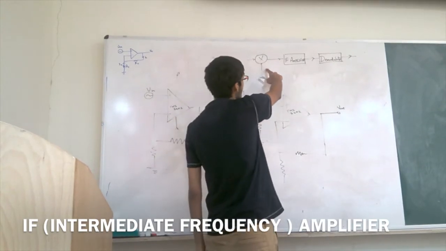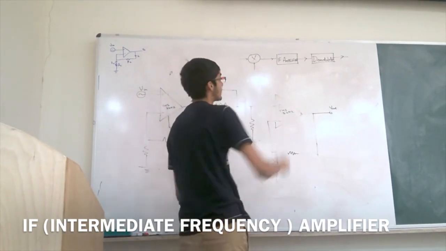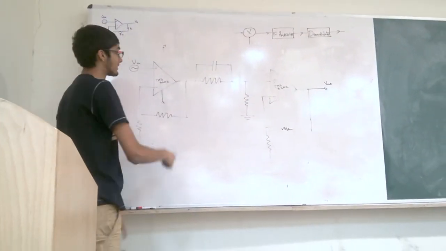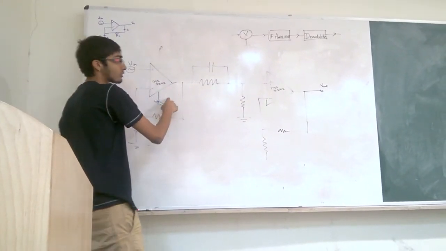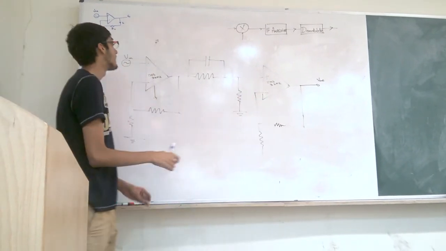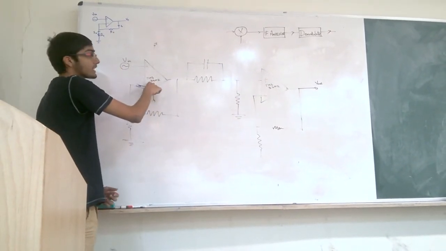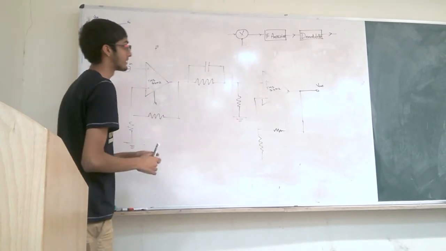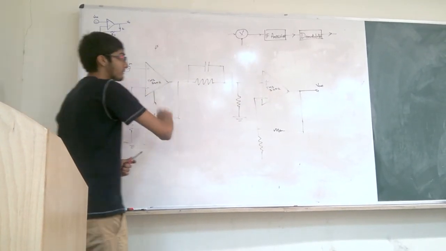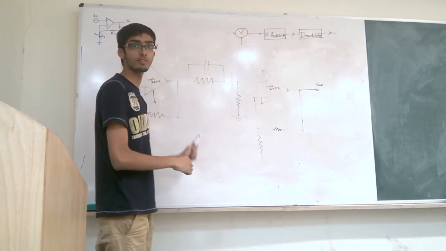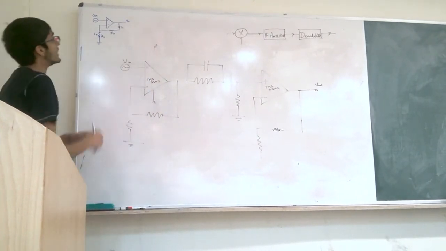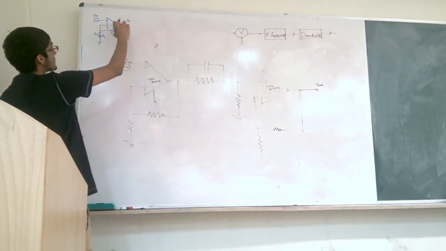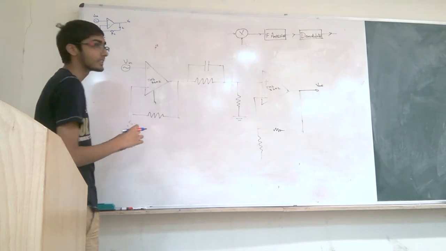So after the mixer, the wave of 10.7 megahertz central frequency goes into the IF amplifier. So this is the IF amplifier. This IF amplifier basically consists of two op amps. These are a special type of op amp, THS3202, which selectively amplify the 10.7 megahertz frequency they get in, and their amplification principle is the same as that of an operational amplifier, which I have drawn here, set up in the negative amplification mode, according to which R input is infinity, A is infinity, and R output is infinity.